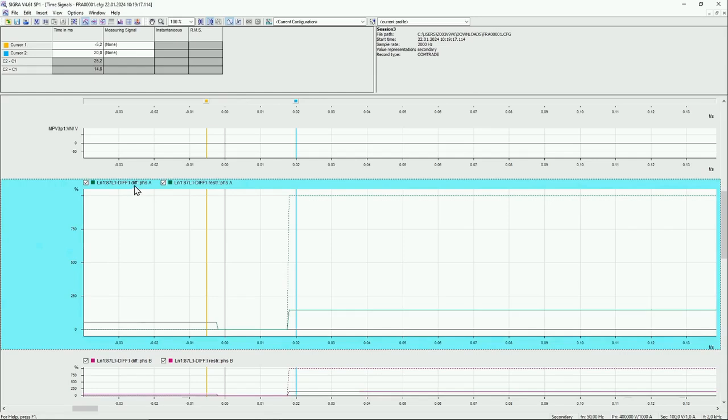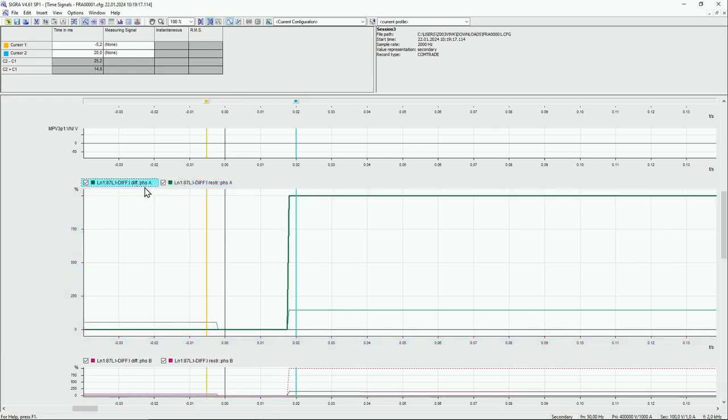Then, what do we see? We see at the beginning, so before the fault, where we had these normal load conditions, then of course there's no differential current. And then at some point the differential current is getting really big. So it jumps from 0 to 1,